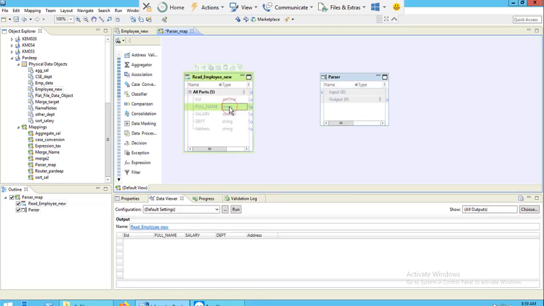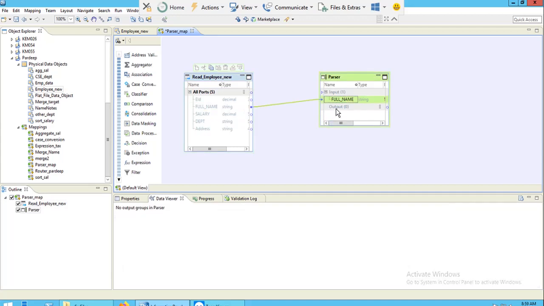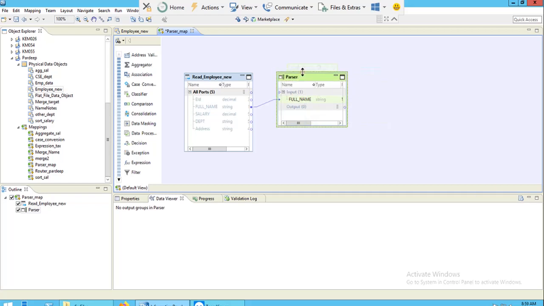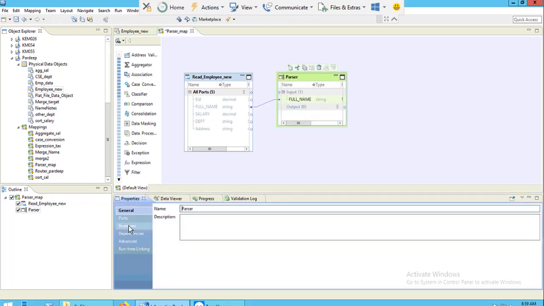Now there are two ports here, input and output, and I want to split my full name into first name and last name, so I will pass this as an input. My full name will serve as an input to this transformation. Now you can select your parser transformation, go to the properties, strategies.